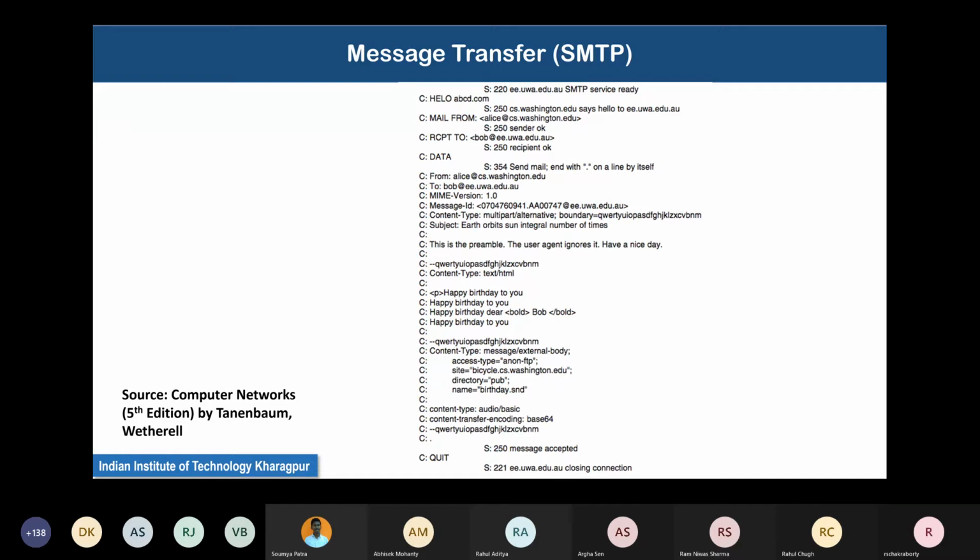So look at the content. This is MIME version 1.0, message ID something. This is not important. Content type, multipart alternative. Boundary is this. This line is important. This means that there are multiple parts of this message, and there are alternative forms. Some is text, maybe some is something else. And the boundary is the string QWERTY, whatever. This long string is defined for this email to be the boundary.